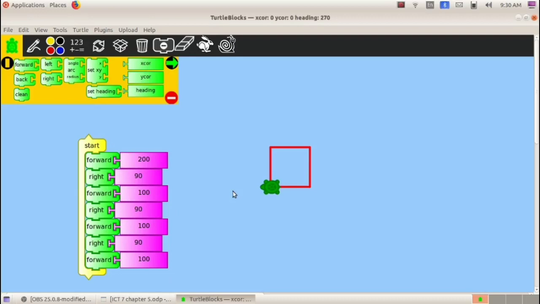But if we want to draw a rectangle, we must have two longer sides and two shorter sides. That is the length and breadth of the rectangle. So we have to give two values which are larger, and two values will be smaller. So in order to change the values in the instructions, we have to just click. Then we can see a cursor. Then press the backspace key. Then we can give the required value there. Okay, this is how we can draw a rectangle.